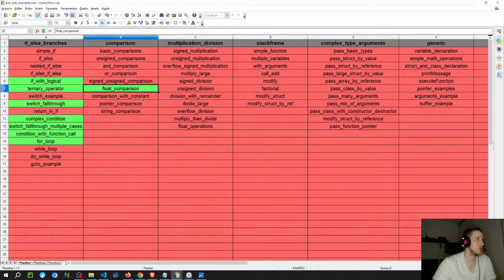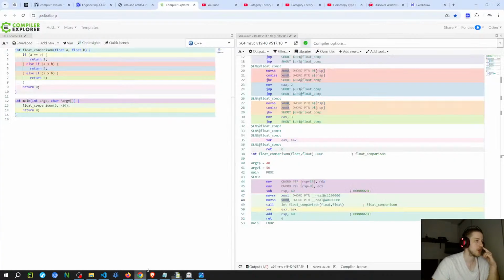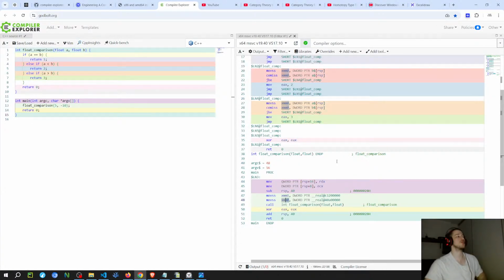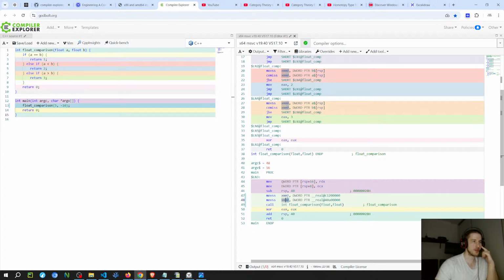But I'm probably going to change the other examples because I'm going to try to see if I can get examples that use conditional move instead of the normal one. So these ones, I think that they are basically the same.